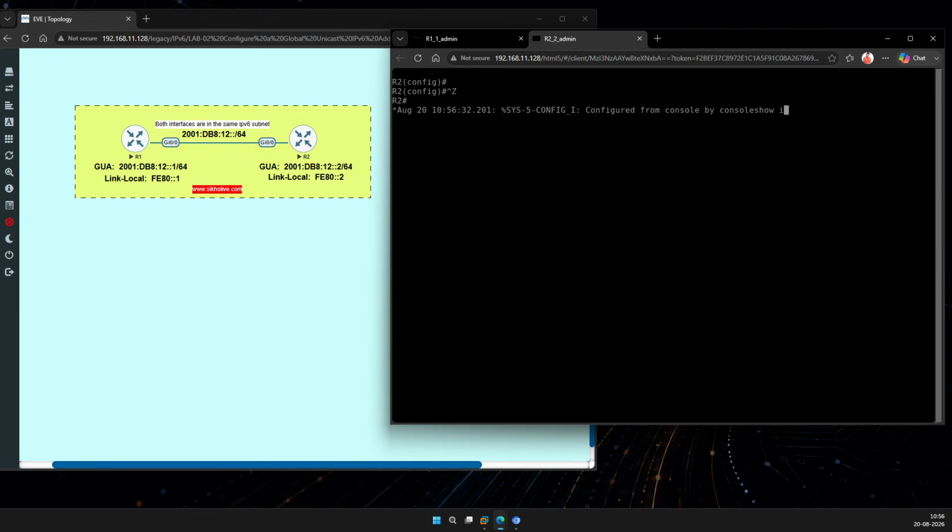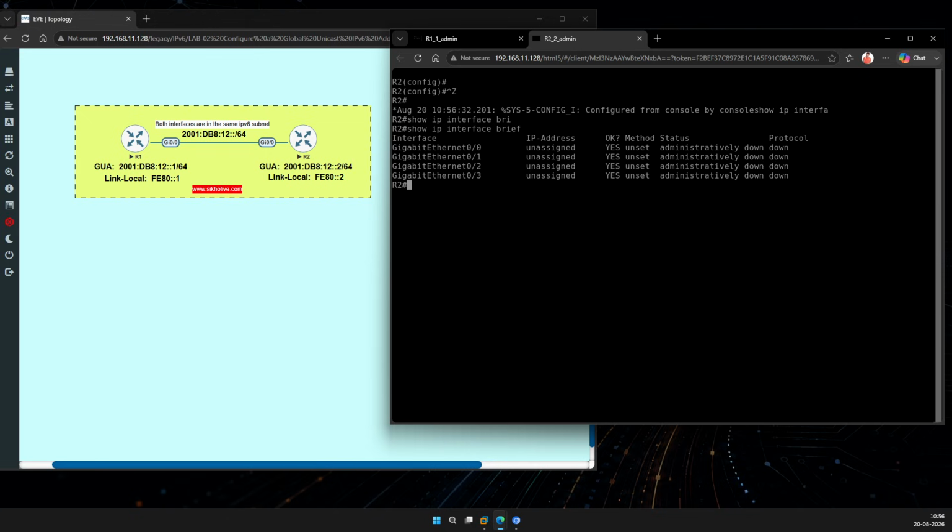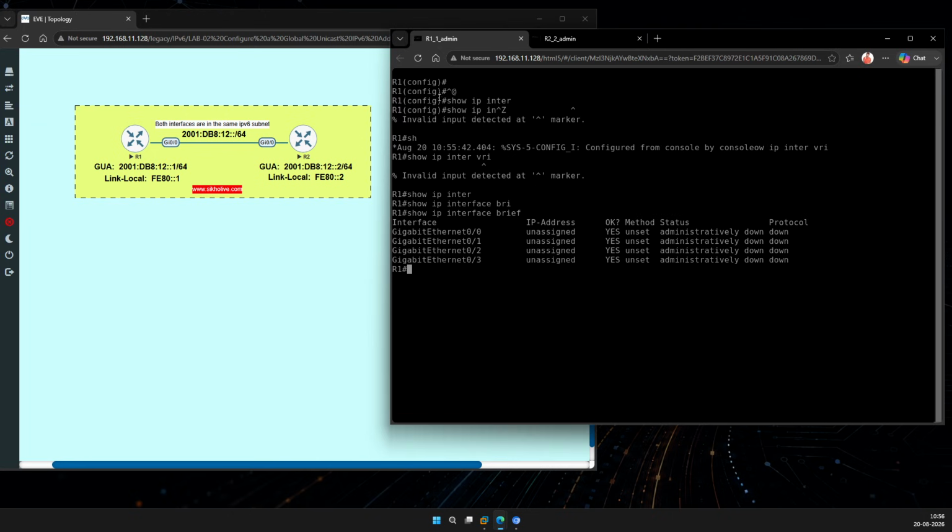Let me check on the other router. Show ip interface brief. This is the simple command which will help you check the details on the other router. Okay, now come to the next point. I'm going to start the configuration for router 1. So on R1, let me go to the configuration mode,